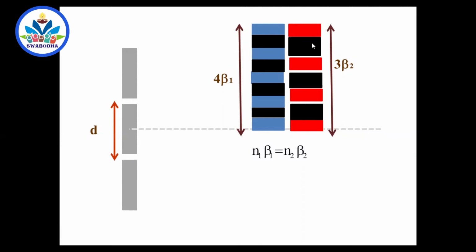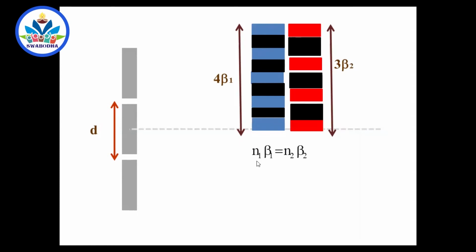Now, do our steps coincide again at some place? Yes, definitely. Your 8th step and your friend's 6th step coincide. You double everything. Your 4th step and your friend's 3rd step coincided. Next, your friend's 6th one and your 8th one. Similarly here, the 8th fringe of blue and the 6th fringe of red again coincide. But we will find out the minimum distance.